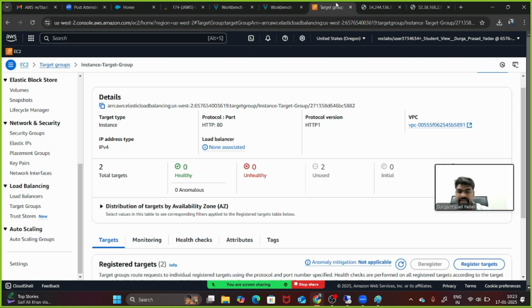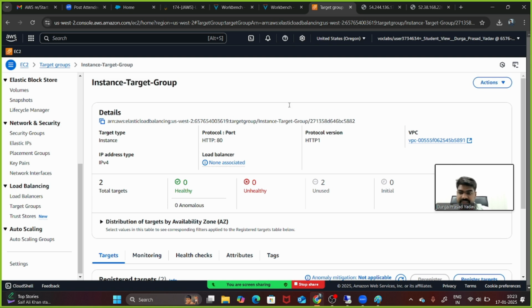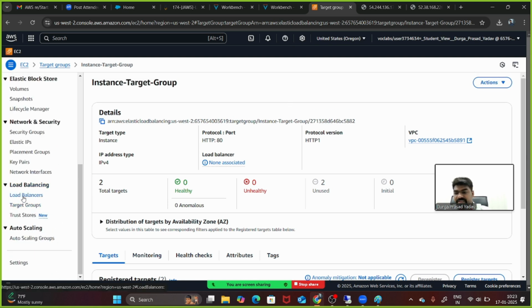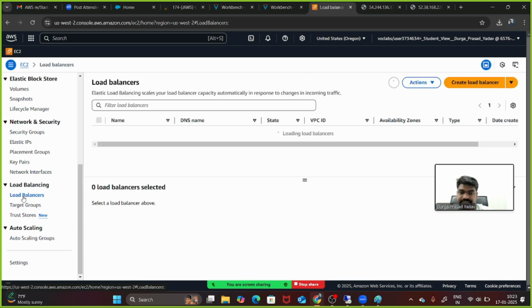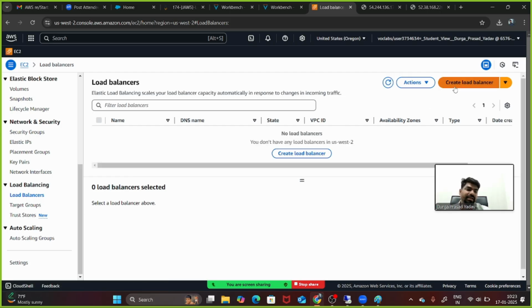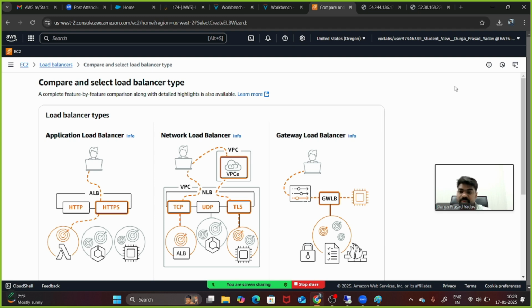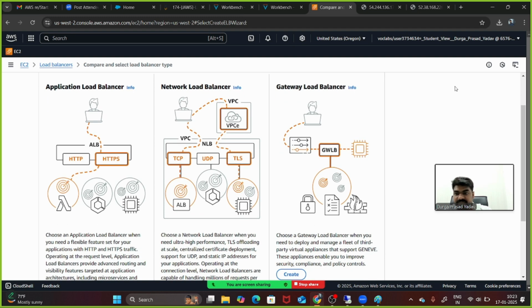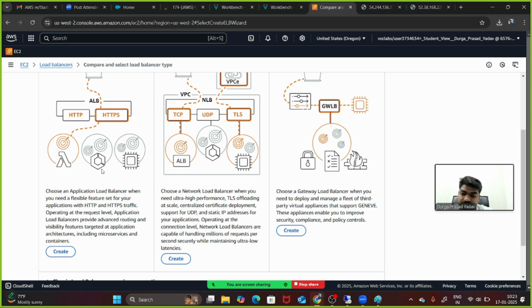All right, so next, the target group is ready. Now we will create the load balancer. As you can see in the left menu, there is an option called load balancer. We will click here and we'll click here to create load balancer. And I have told you yesterday, load balancers are of three types. As you can see, the first one is application load balancer. If you need to balance the HTTP and HTTPS traffic of your application or web application, then you will use the